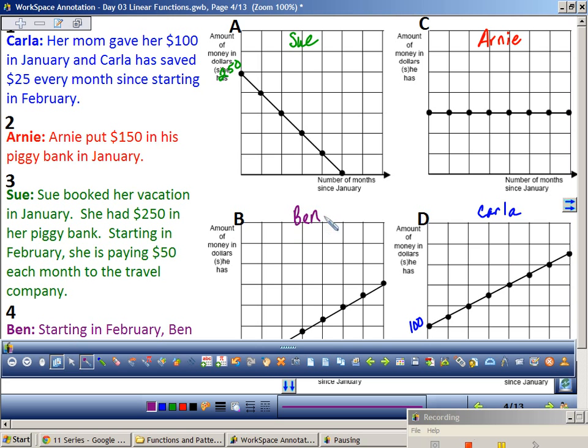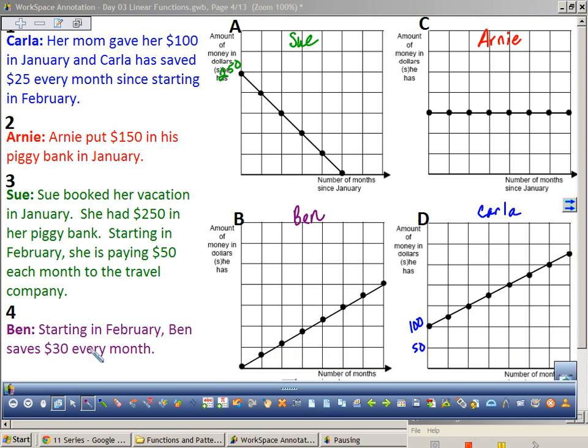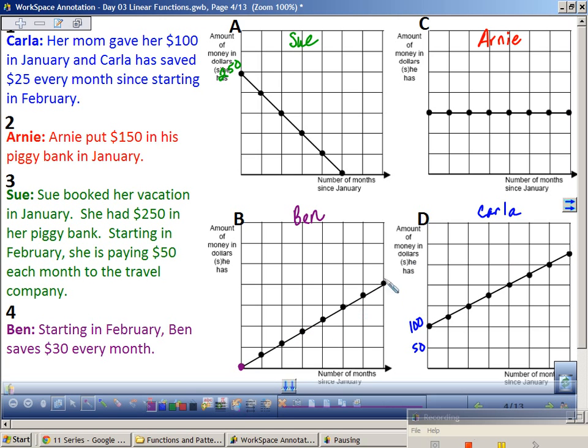Ben is B. And what does it say? Starting in February, he saves $30 a month, so he must not have any at the beginning. Then every month goes up $30. All right,